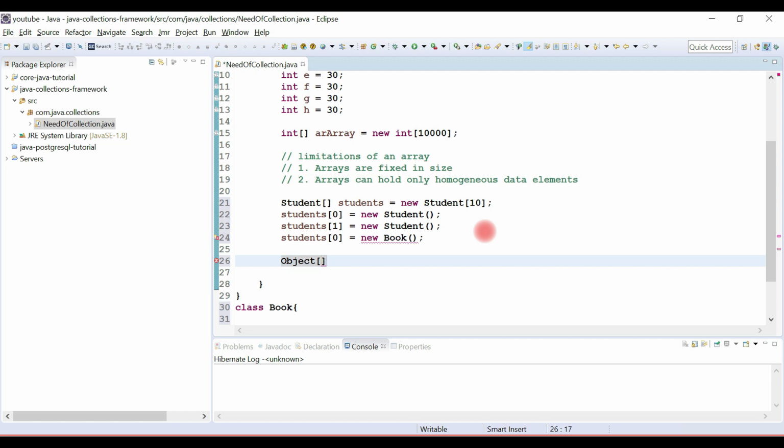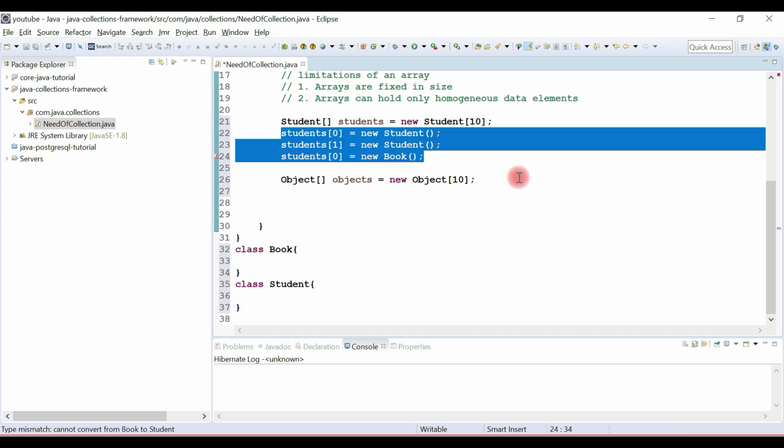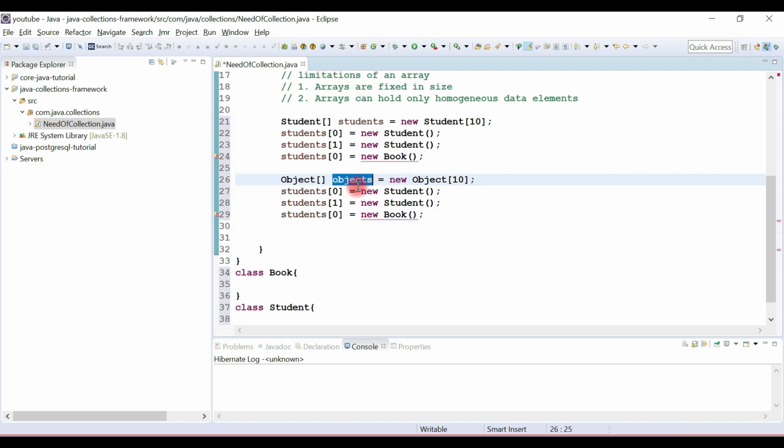Let me create an array of objects like this: objects equals new Object, and declare a size like this. If you try to add different types of objects to an array of objects, it is possible.